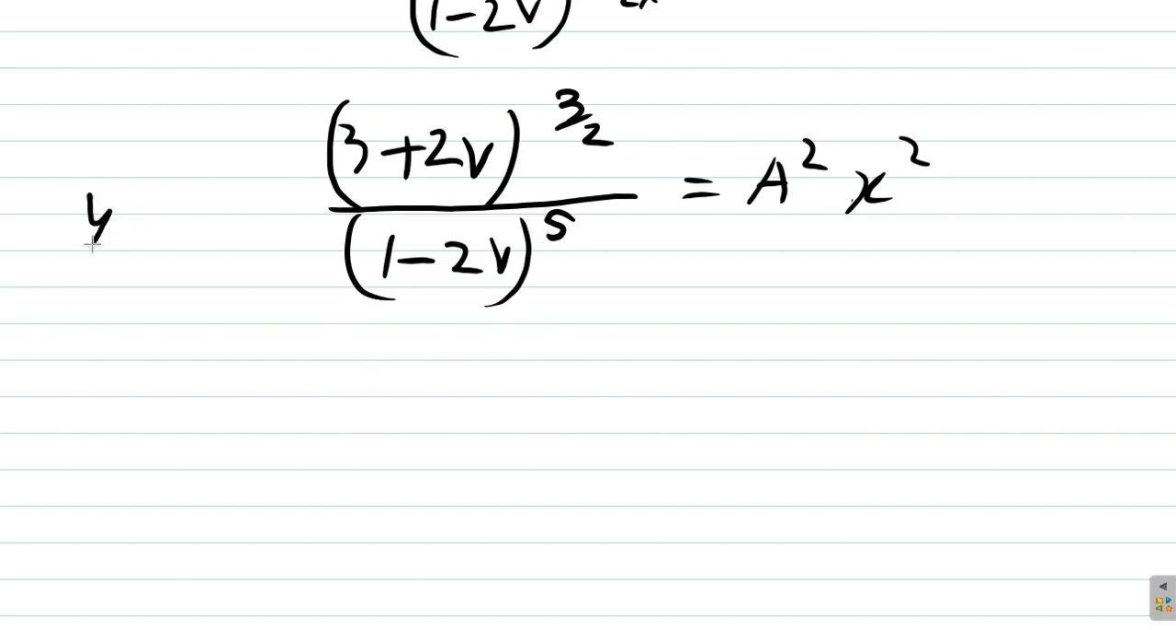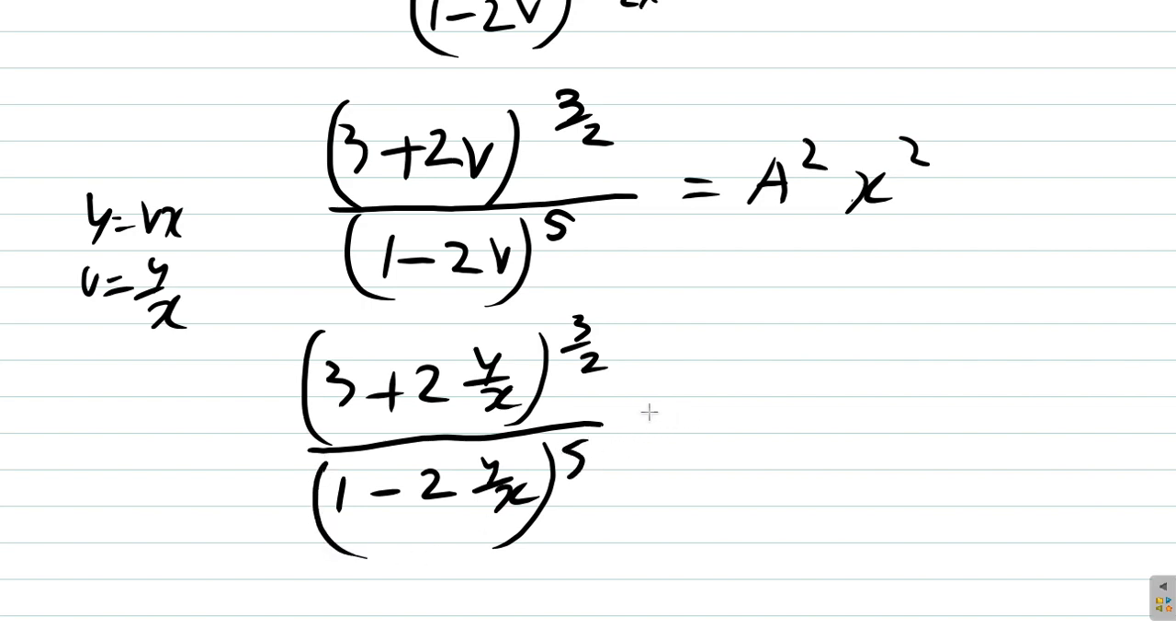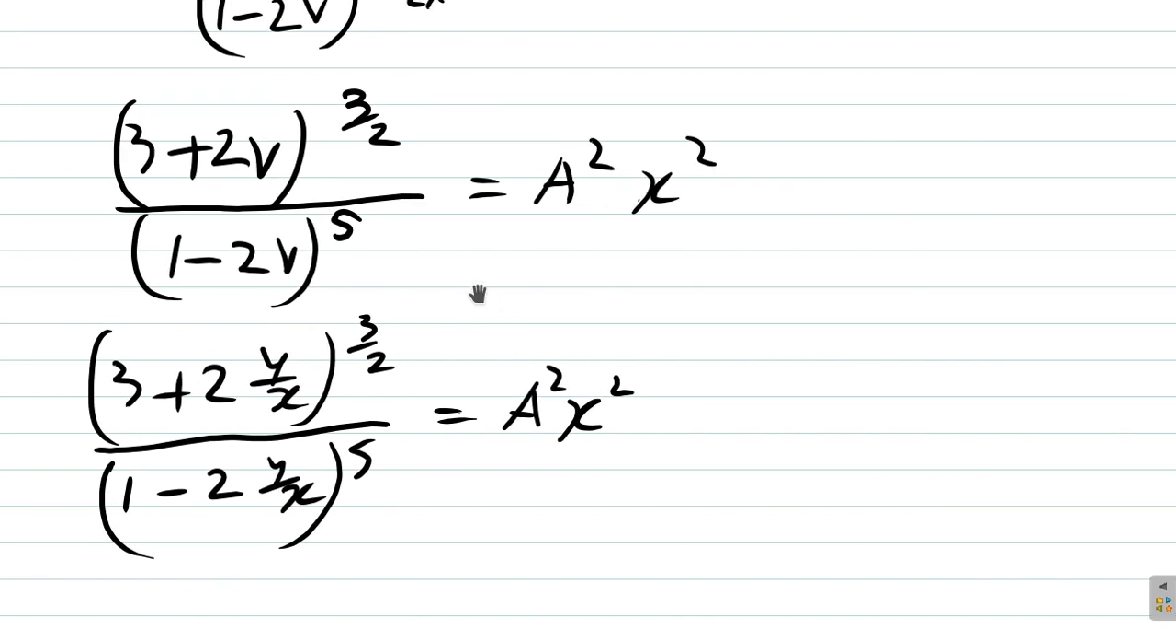We had said before y equal vx. So v will be y over x. So you have 3 plus 2 v, which is y over x, to the power of 3 over 2, right? Over 1 minus 2 y over x to the power of 5 is equal to a squared x squared. Alright, now here